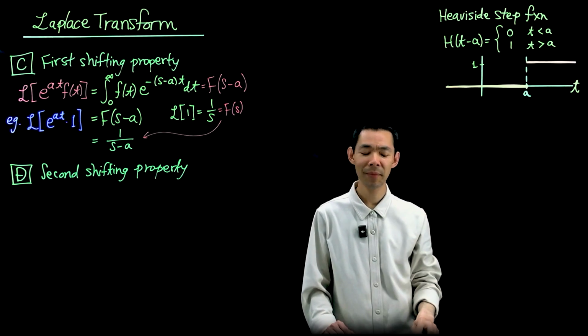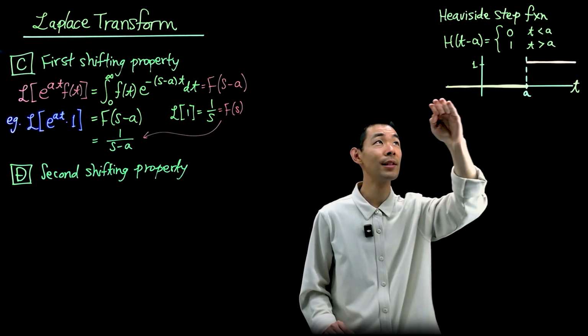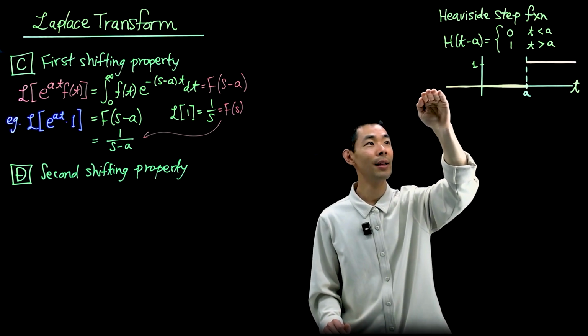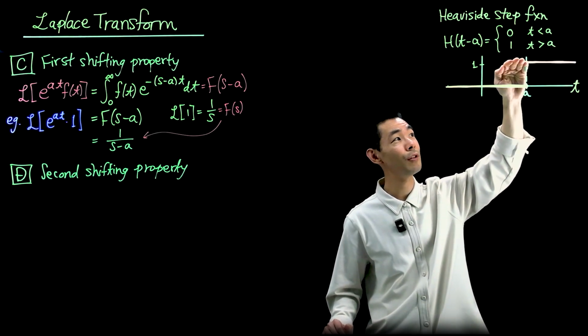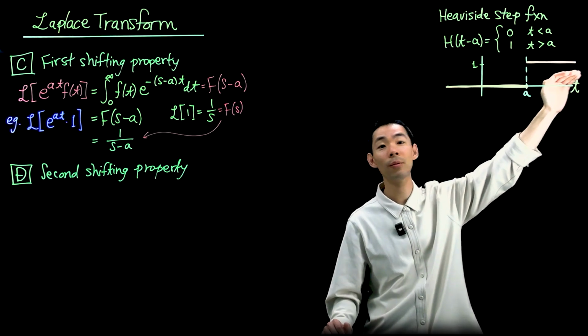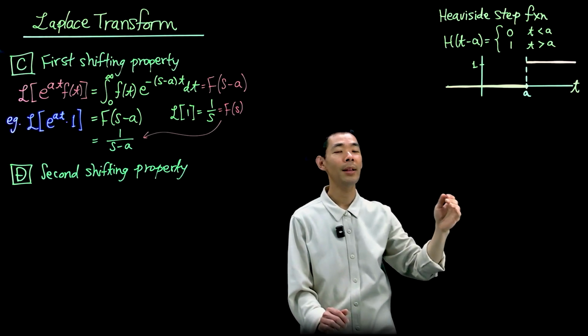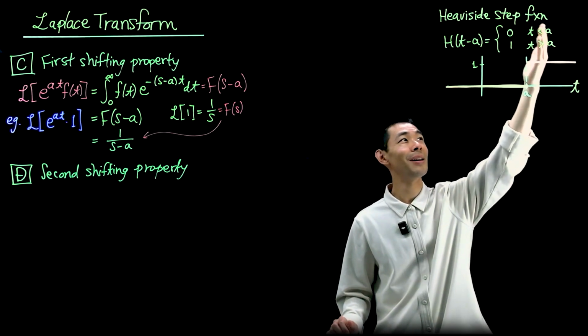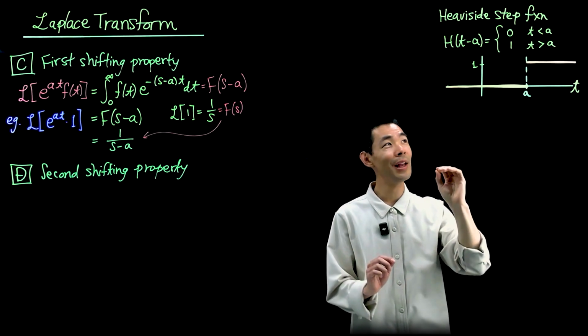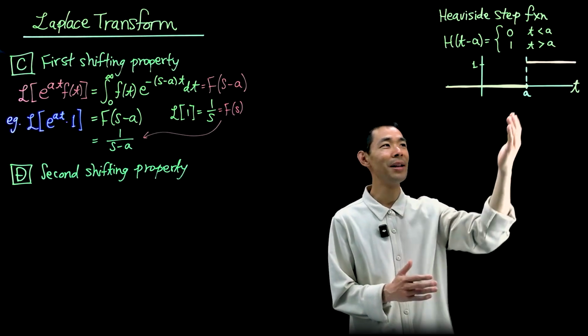Just like that. So that's why it's called a step function, because it's 0, 0, 0, boom, step to a value of 1, 1, 1, all the way. And some of you might be wondering, what happens exactly at a? You can see the bounds were less than or greater than a. At exactly a,